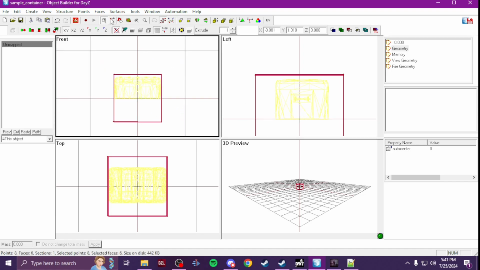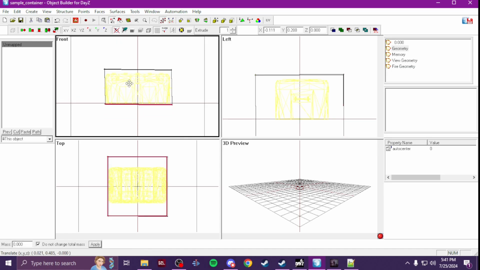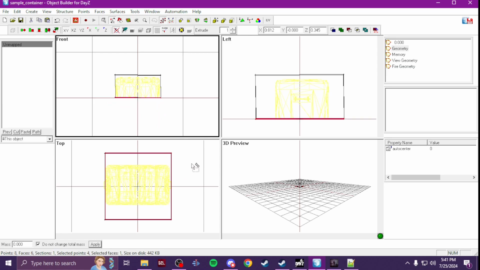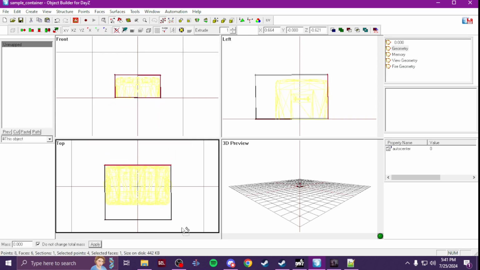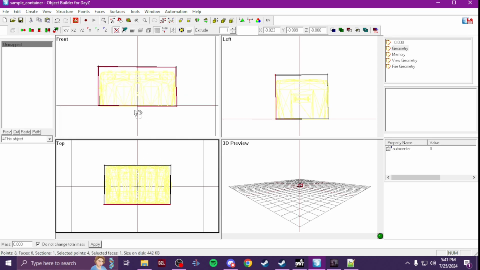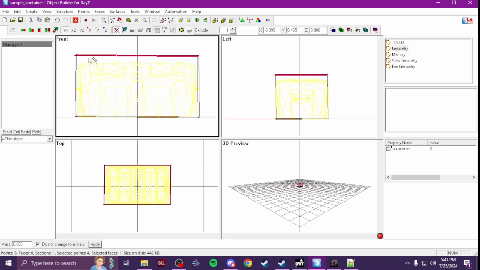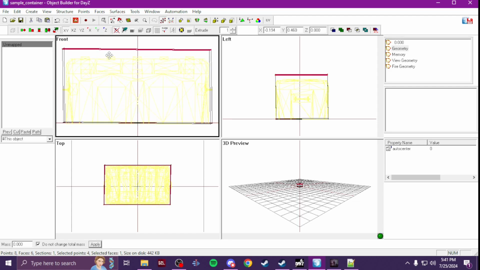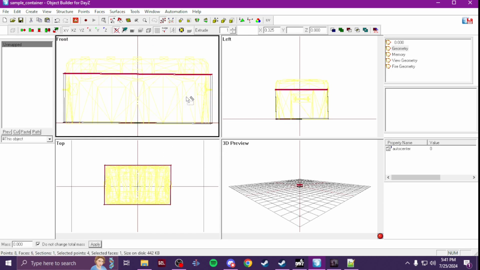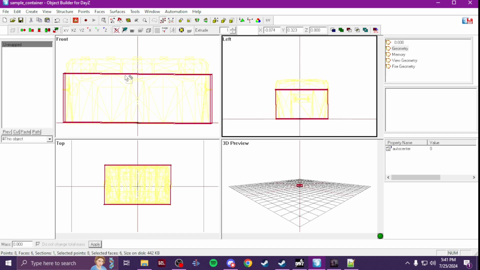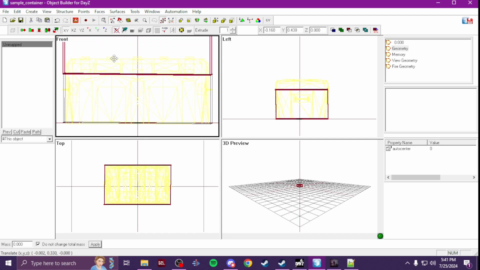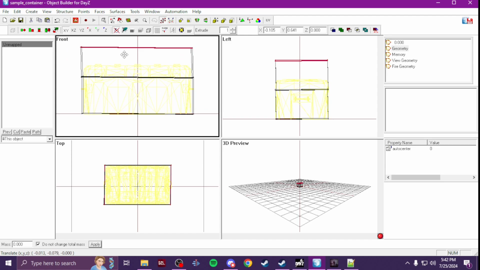Alright, so then you make your boxes. So for an openable container, you're going to get your box to go right around your container model, as close as you can get it. And you're going to take this top line here on the front view, and you're going to bring it down to the line where your lid meets the body. And then you're going to create another box, or you can just copy that one, paste it, and drag it upward, and bring that down to line it up with the lid. So now you'll have two